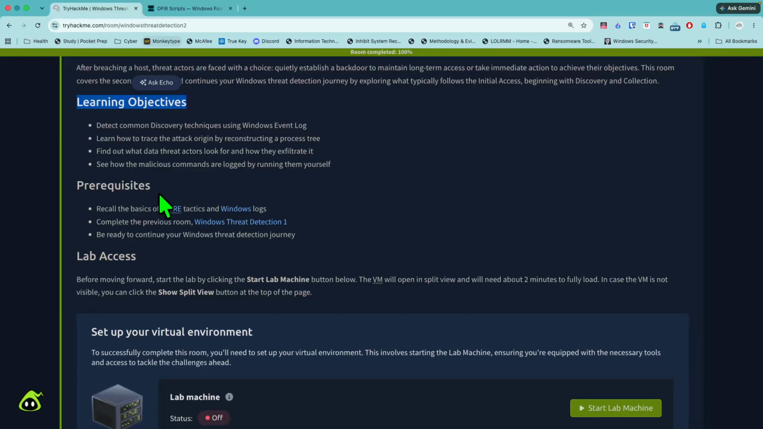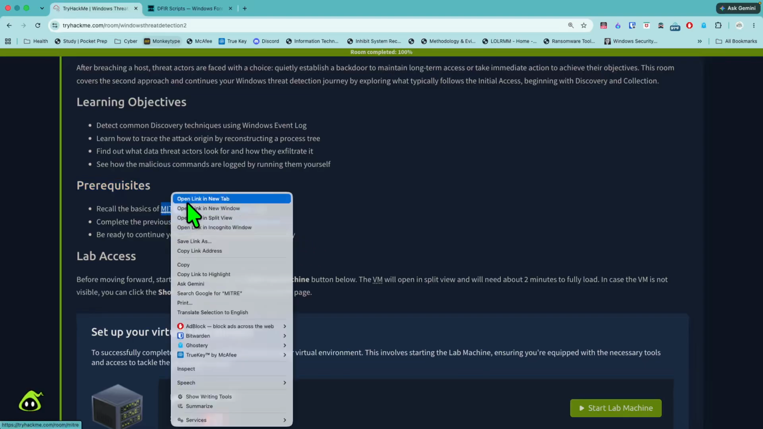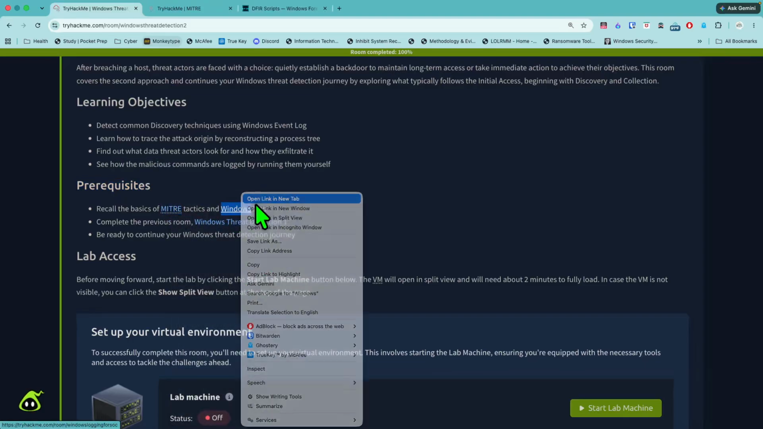There are some prerequisites to help you better understand the concepts in this room, such as recalling the basics of MITRE tactics and Windows logs, and completing the previous room. I have a YouTube walkthrough for the Windows Threat Detection 1 room, so just check out my YouTube channel and you will see the walkthrough. Be ready to continue your Windows Threat Detection journey. So if we open these in a new tab,